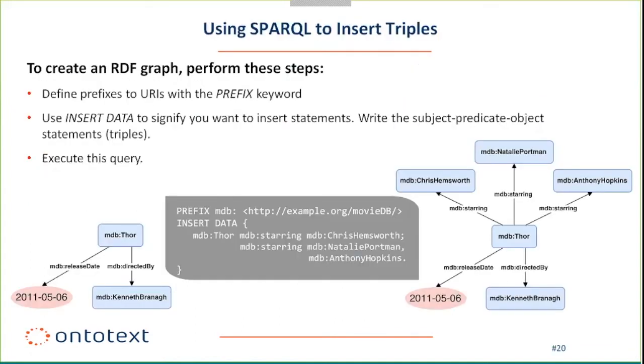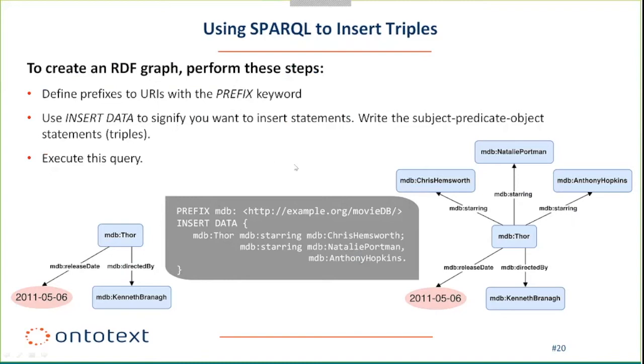So an example of how you can use SPARQL to insert triples. The first thing you need to do when writing a SPARQL query is define your prefixes to the URIs, and to do that you use the prefix keyword. So here we said that the prefix MDB refers to this URI here. Following that, you need to say what query type you'll be using, and we said that we use insert data